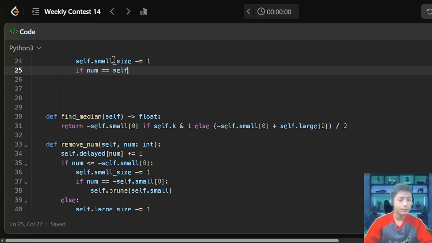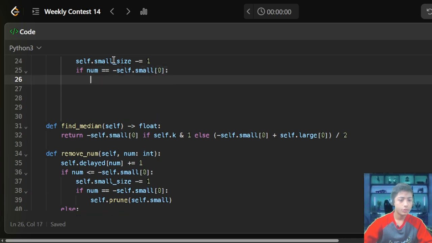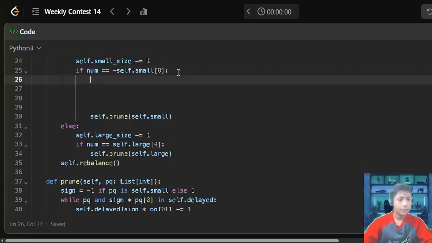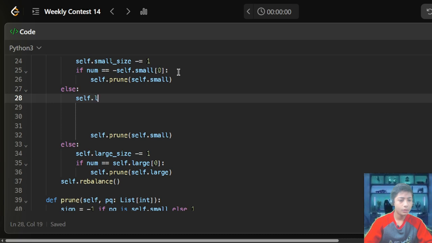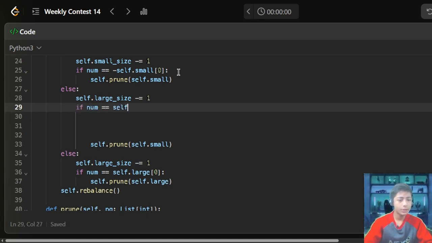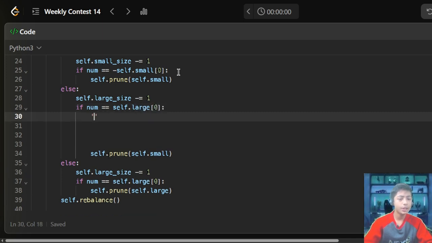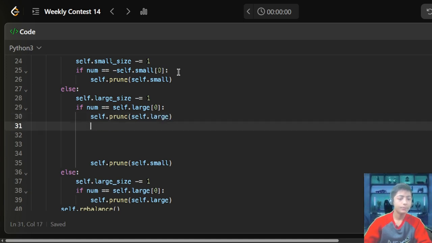enter, if num == self.small[0] then enter, self.prune(self.small), enter, back, else enter, self.large_size -= 1, if num == self.large[0] then self.prune(self.large), enter, back, self.rebalance, enter,